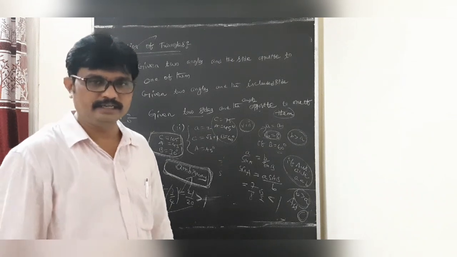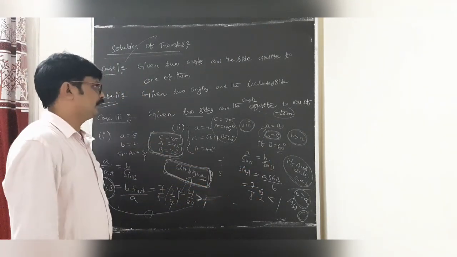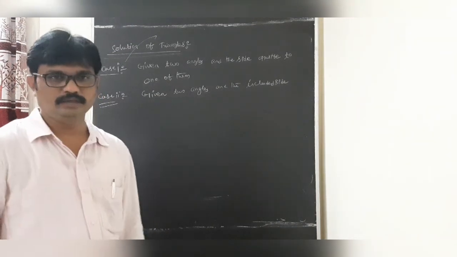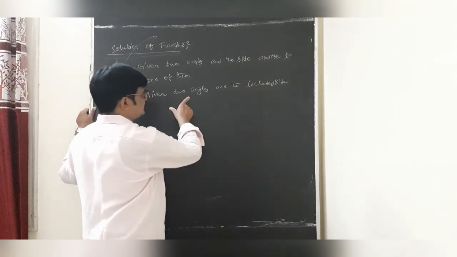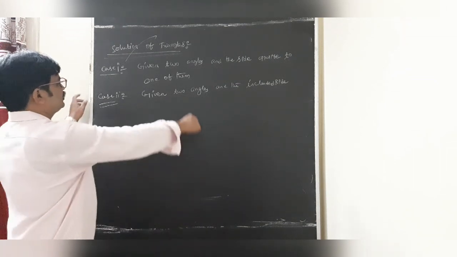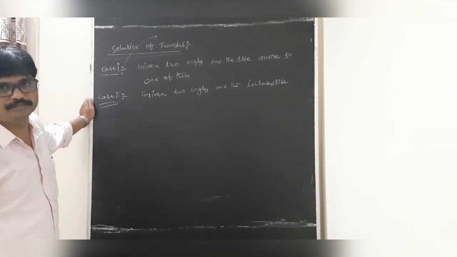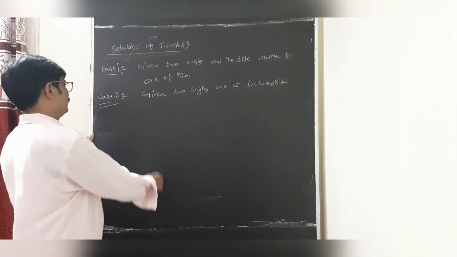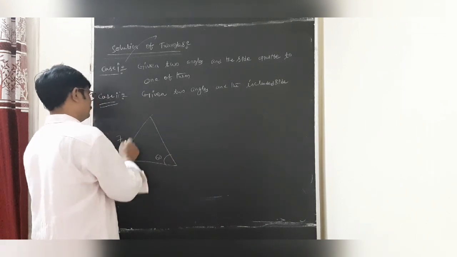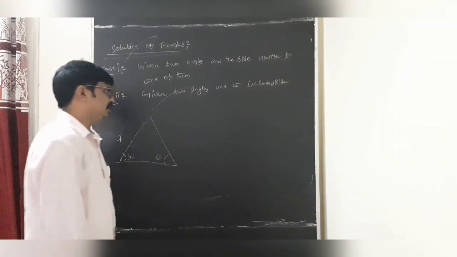So, this is the two sides. Okay, students? And given one of the angles opposite to one of them, in this case we can apply only the sine rule. Is it clear, students? So, dear students, when two angles are given, I am including the side, and also the two angles and the side opposite to one of them. Suppose the given angles are 30 and 60, and one of the sides is given. In this case also, we can apply the sine rule. Here also, we can apply the sine rule.